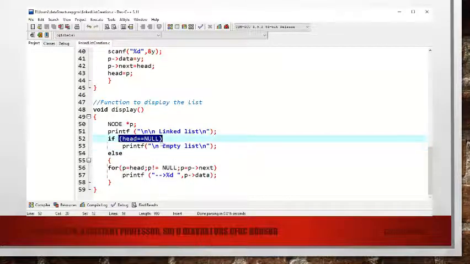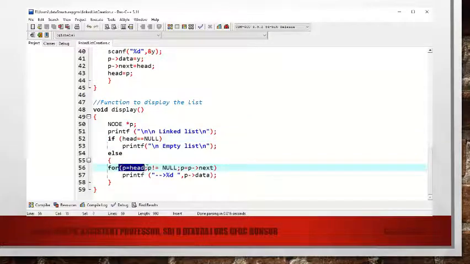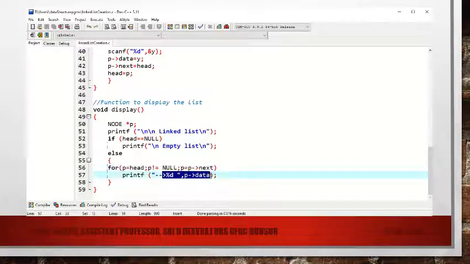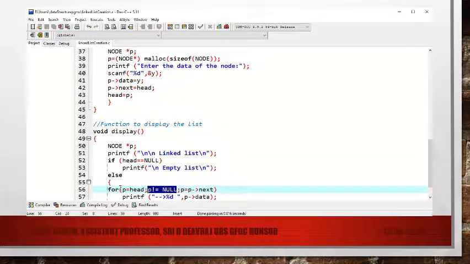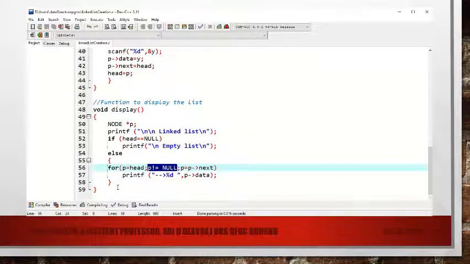If the head is not null, we start from the beginning, p is equal to head, then display the data value, then point to the next node, display it again, and continue the same process till you reach the end of the linked list. That means if the pointer is null, that becomes the end of the linked list. There you stop the process, come back to the main, and stop the execution.